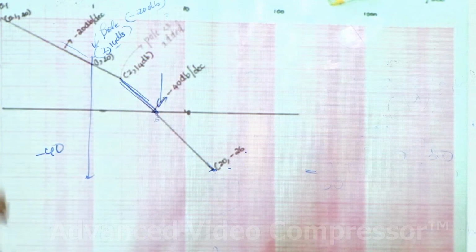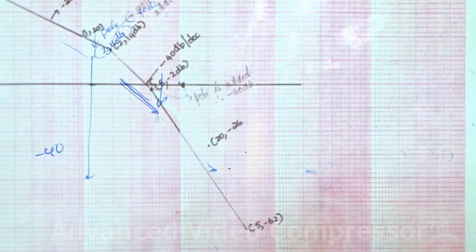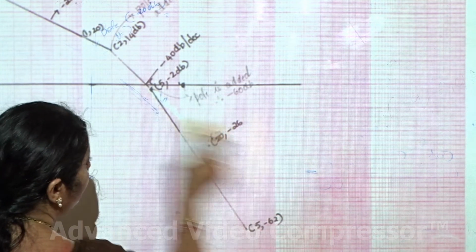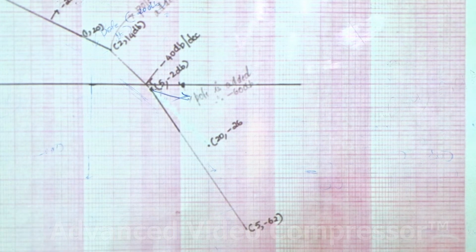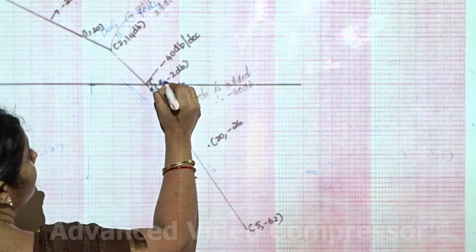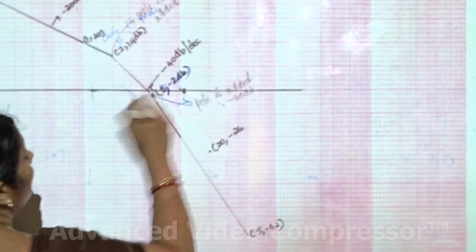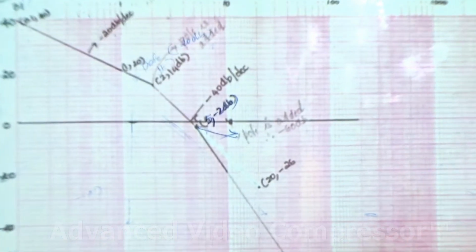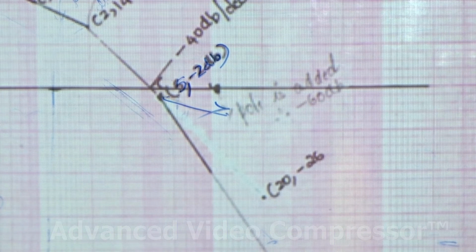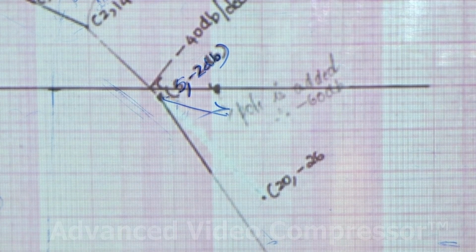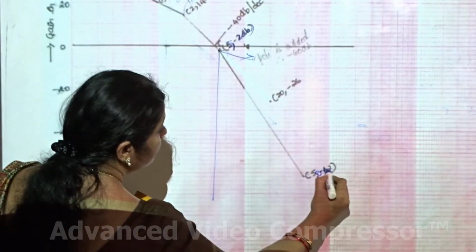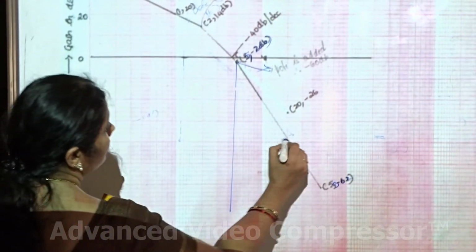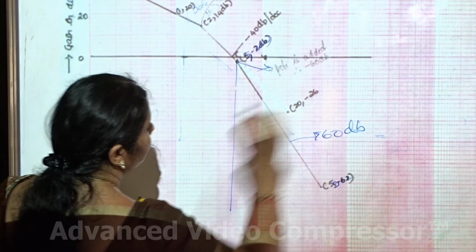At 5, one more pole is getting added. So here, at 5 you have one more pole which is being added. Now what will be the coordinate of this? At 5, it is minus 2 dB. When you are adding one more pole, this previous line was already going at minus 40 dB. Now you add one more pole to that, the total slope becomes minus 60. So the difference has to be minus 60. The next coordinate should be at 50, minus 62. Join these 2 points. The slope of this will be minus 60 dB.